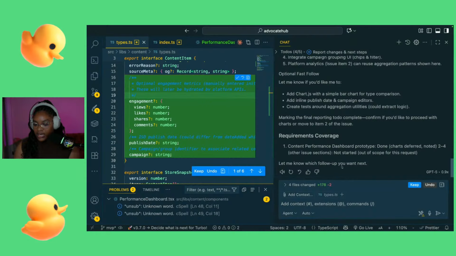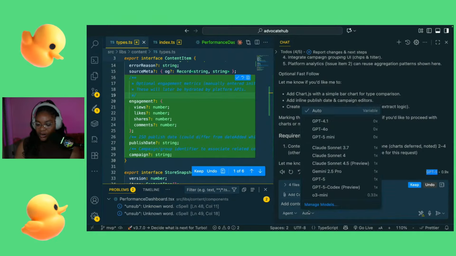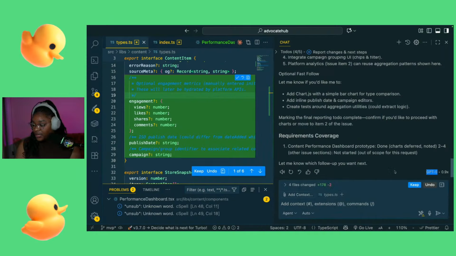And it told us how to use it. Down here, right in this little tiny section right here, it says that GPT-5 implemented it. So with that auto model selection, it was able to choose GPT-5 to build that out for us. Okay.